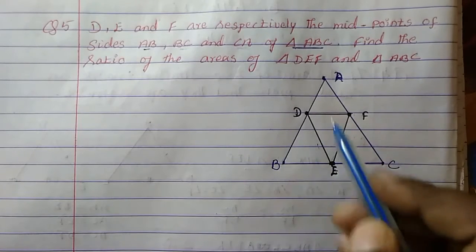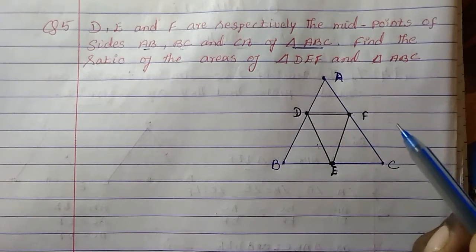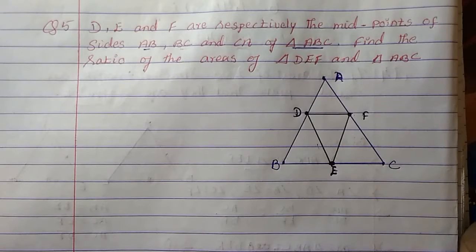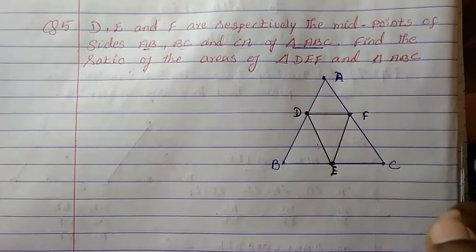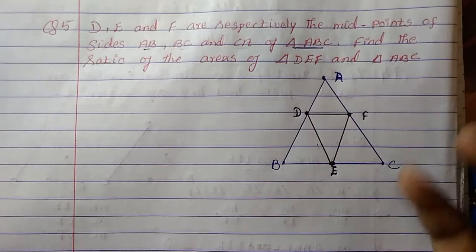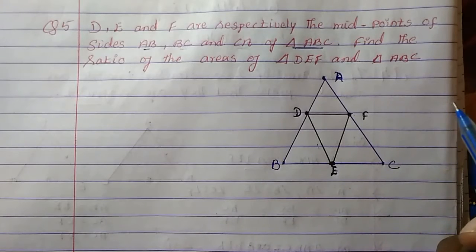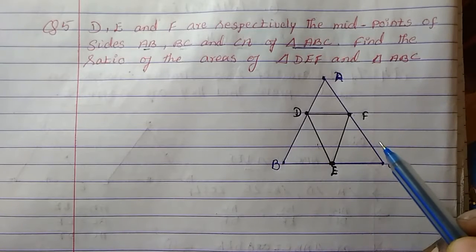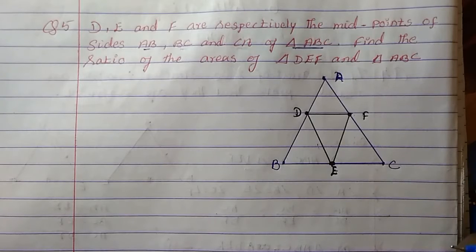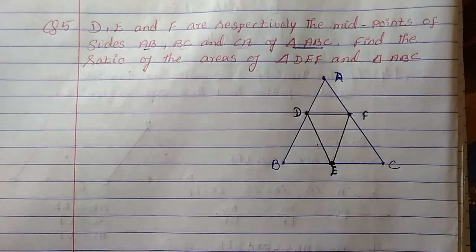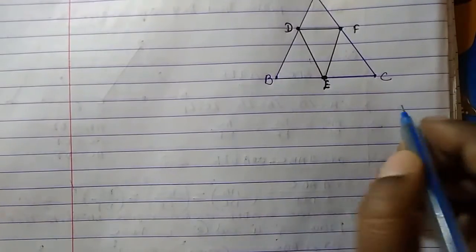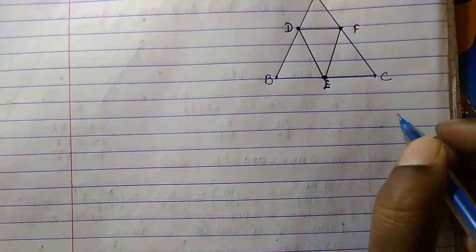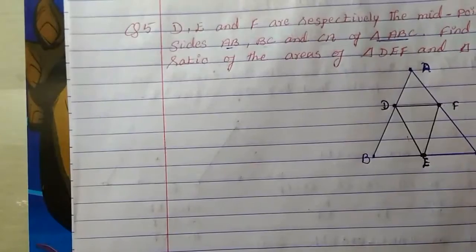But here nothing is given to us. Or else at least side, angle and side, or at least sides, or three angles should be there. But here nothing is given to us like that. So that is why we will take the help of the theorem that we have studied in 9th standard. So what is that theorem? We call it the midpoint theorem. For example, the midpoint theorem says like this.